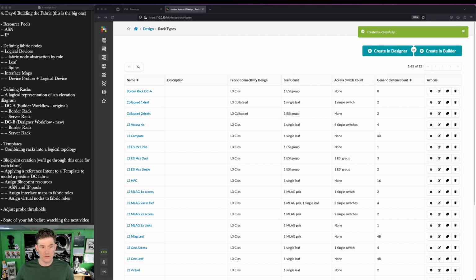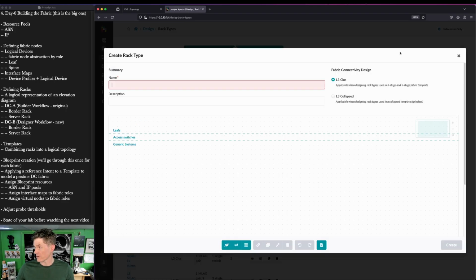Actually, I don't think I'm building the other ones here. DCB. All right, so we're going to use our designer workflow for the other data center, DCB. Everything that we just did, we're going to do here. You'll just see that the work stream's a little different in this environment, but it's exactly the same except we have one less bare metal server. That single home bare metal server does not exist in DCB. Rack